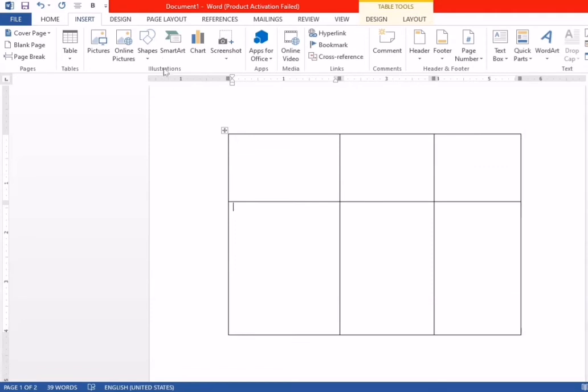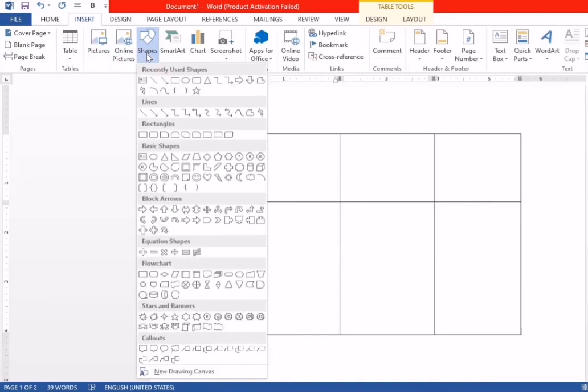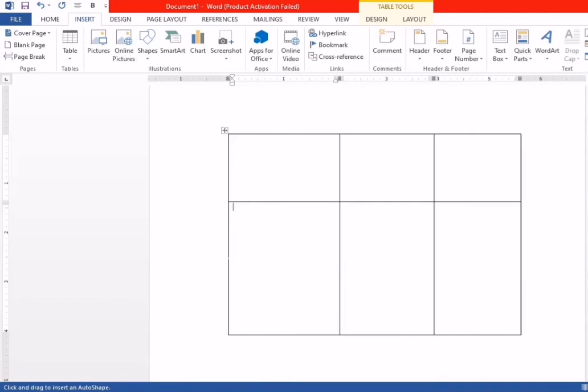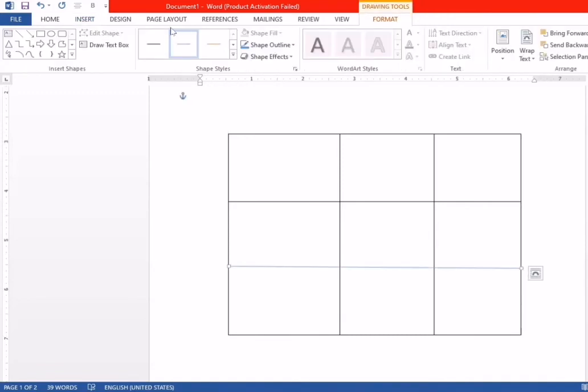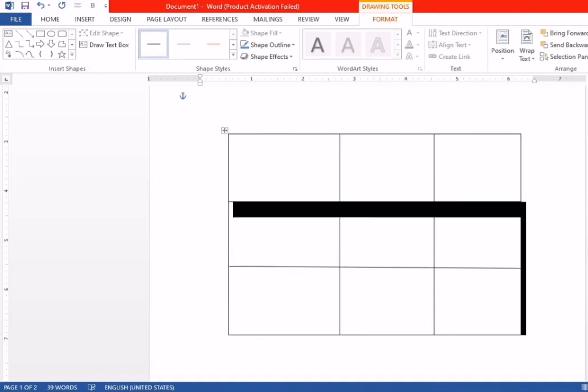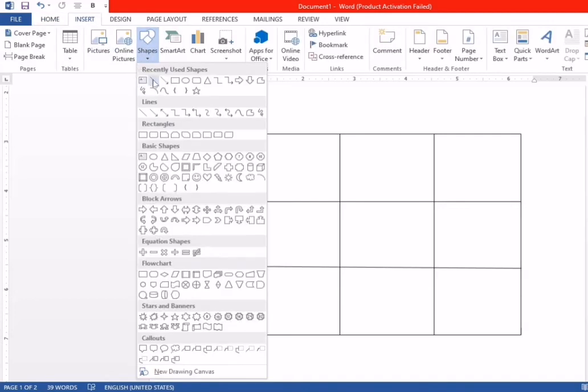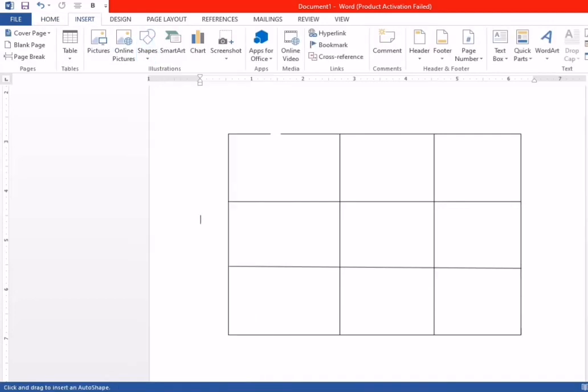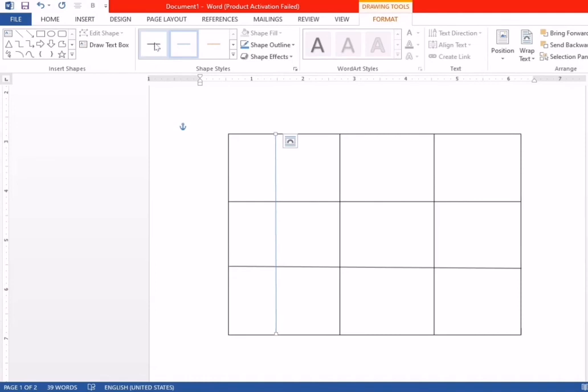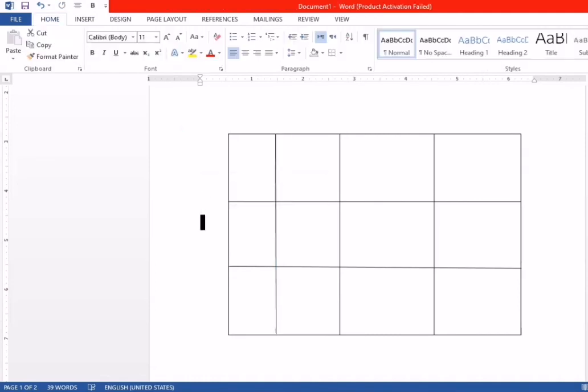In this table you can insert lines by using shapes. In the Insert tab, using Shapes, here you can see Line, and you can draw a line by yourself. For example, if I want to draw a line like this one, it appears here. If you want to change its color, you can. Same if you want to insert any column, again draw a line here and change the color of this line. So these are different methods to insert a table in Word.